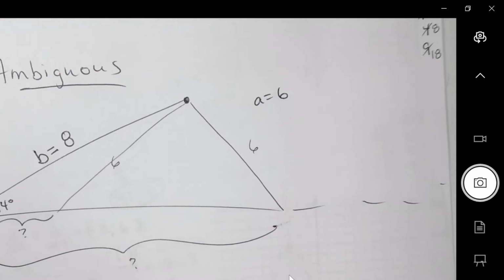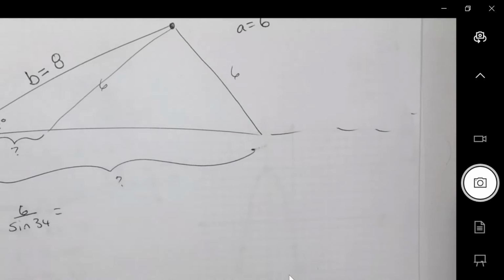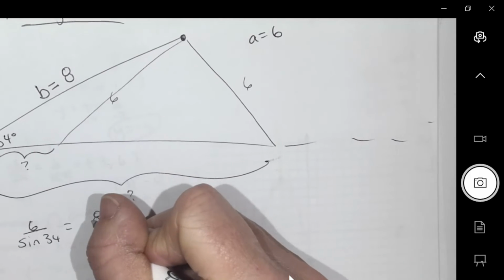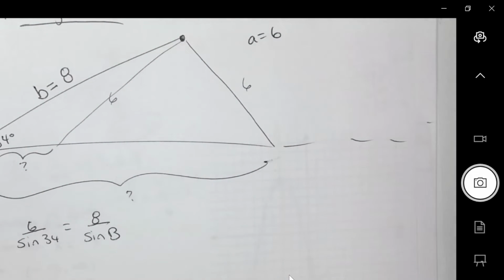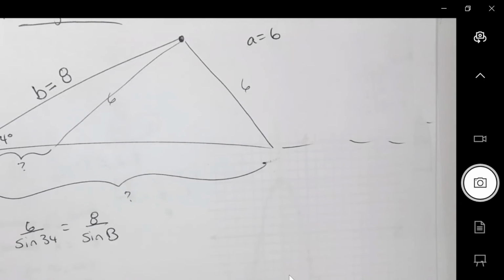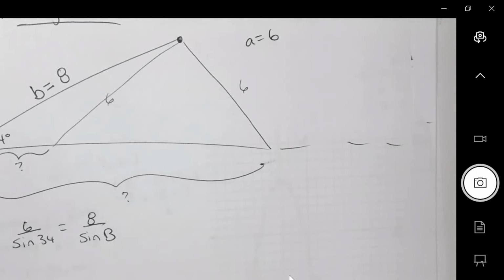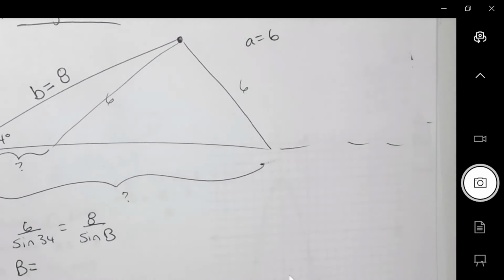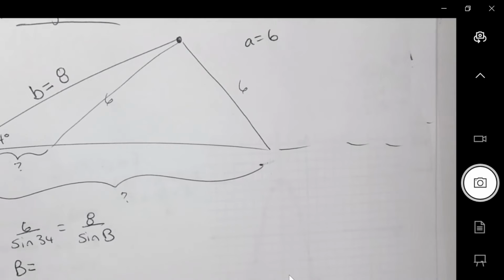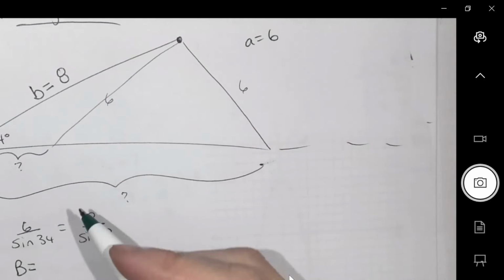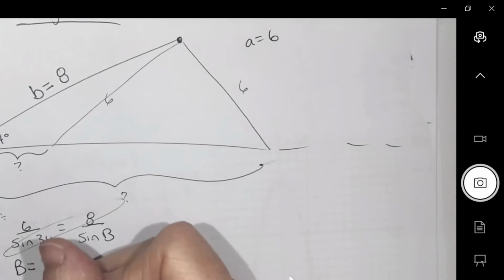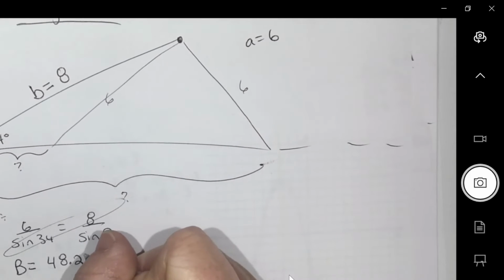So 6 over sine 34 equals 8 over sine B. Can you times, divide, inverse? Times, divide, inverse. You know what number is your times, divide, inverse? Okay, I got 48.2 degrees,